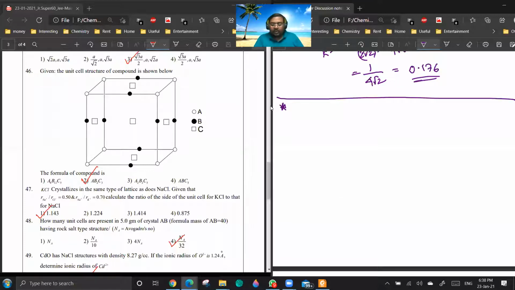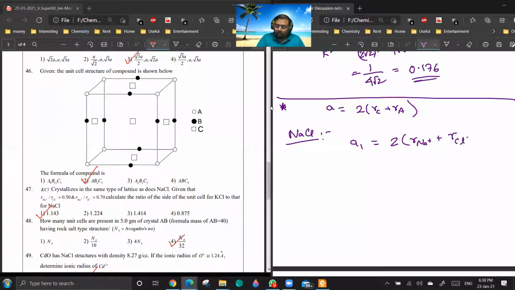Since NaCl and KCl both have the same type of structure, they will have the same relationship between A and R. A will be what? 2 into R of cation plus R of anion. Yes or no? Yes. For NaCl, A1 is equal to 2 into R of Na plus R of Cl minus, and A2 will be what? For KCl, it will be 2 of